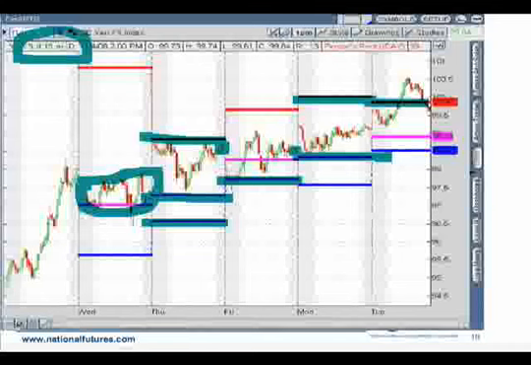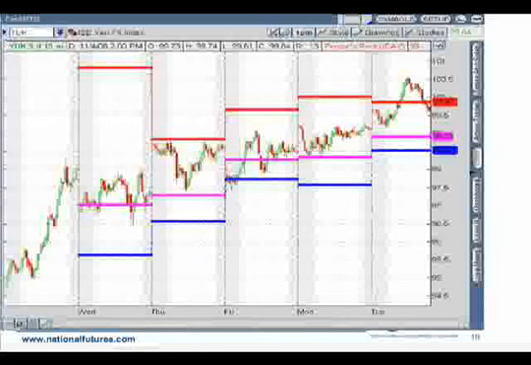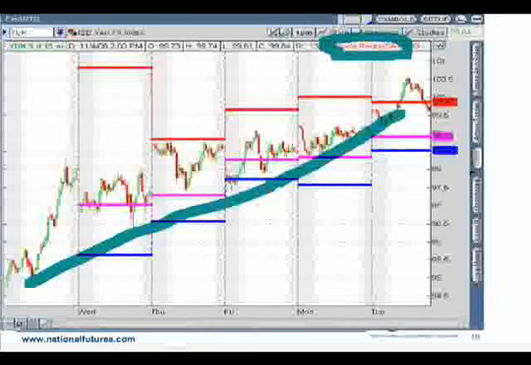So not only using pivots, but also the person's sentiment indicator, as you can see here on Thinkorswim's platform, it helps not only give you a clear, defined description of the market condition, but you're also trading within the seasonality of the market. And that'll help any trader, whether you're a long-term, short-term, or intermediate-term trader.